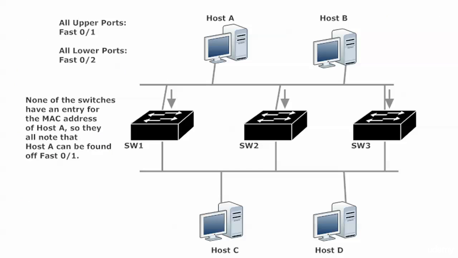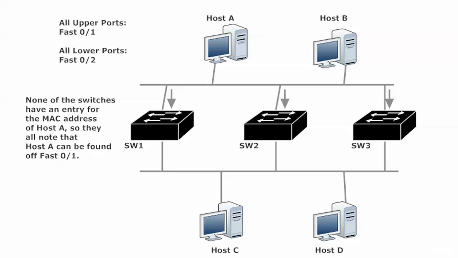Now with this particular setup, the 3 switches are all going to get a copy of that frame, and they're all going to see it. What do they do first? They look at the source MAC address of the incoming frame and ask, do I have an entry for that in my MAC address table? You already knew that stuff. You didn't even need me to tell you. And what are they going to do now? They're going to make a note that host A is off FastEthernet 0/1, and then